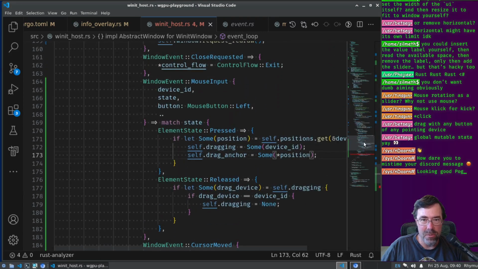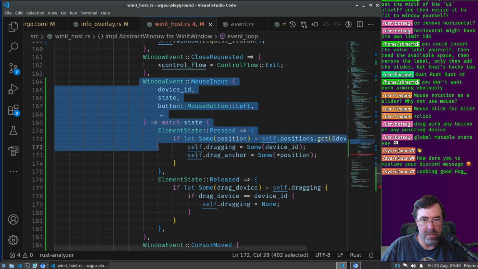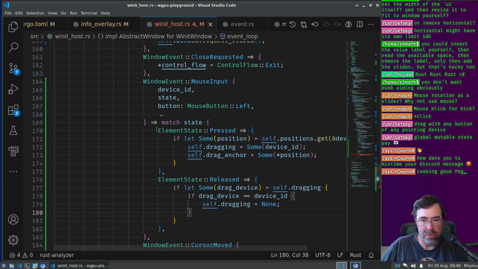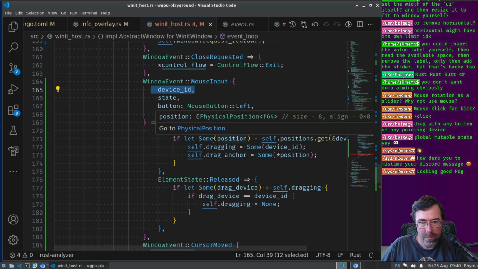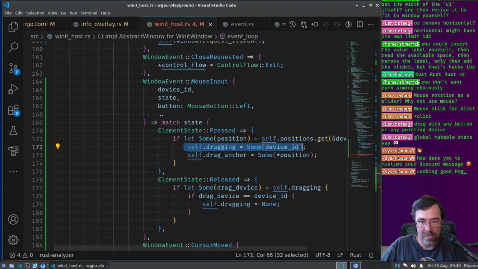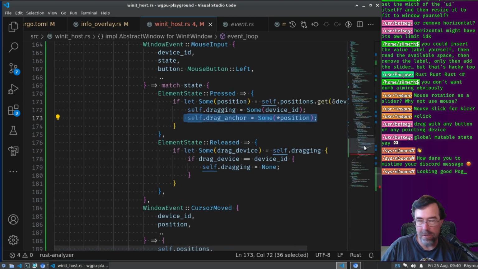So I'm doing the window init stuff, like when you get a mouse event. So you either press or release a mouse button, and it's kind of generic. You can have many different mice, I guess. So we're recording if we're dragging the mouse or not, and I also need to know where you started dragging because we'll define the look angle based on that, I think. Actually, I'm also going to need to know